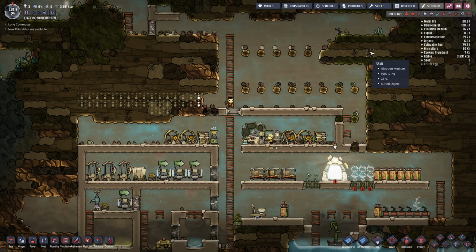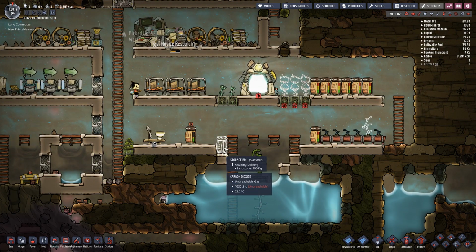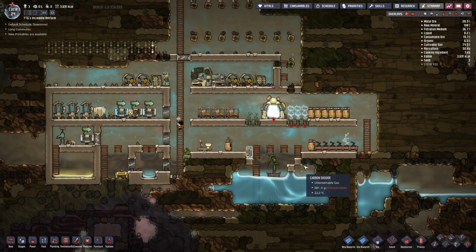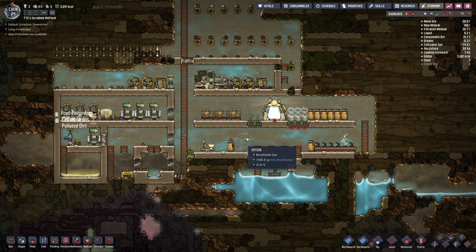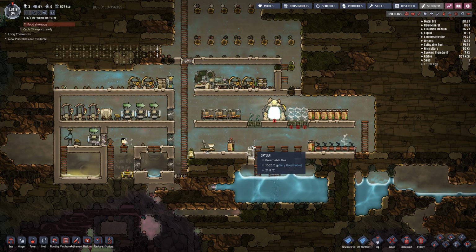I'm going to close this one. I'm going to build one storage bin there. And then I will pick the ice, because the ice will actually melt. If the ice gets to the point where it melts to liquid, it will be...